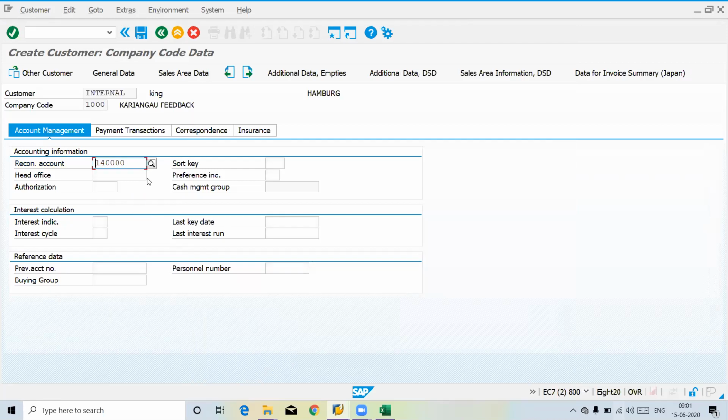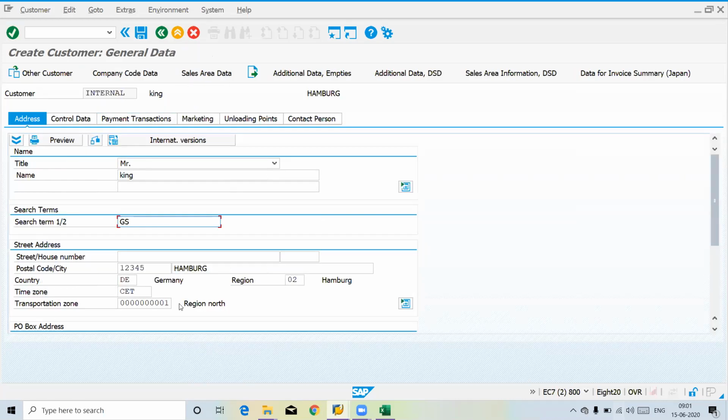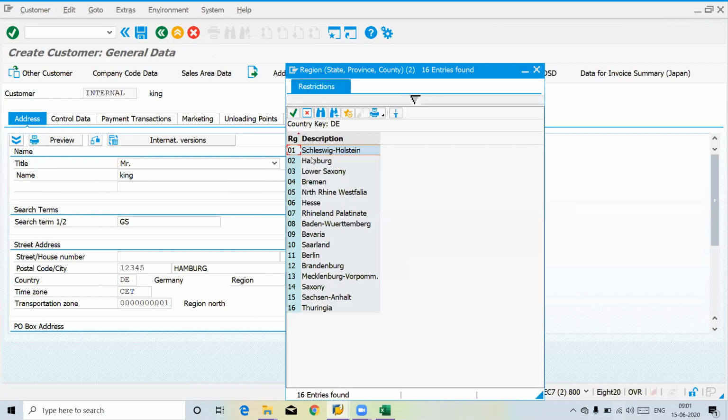The region I kept as Hamburg. Ah, so 02 is for Hamburg. Like that you have a list of regions here. Let me pull it up. 02 is for Hamburg, 03 for Lower Saxony, 04 is for Bremen, and 11 is for Berlin. Like that, you have different regions.